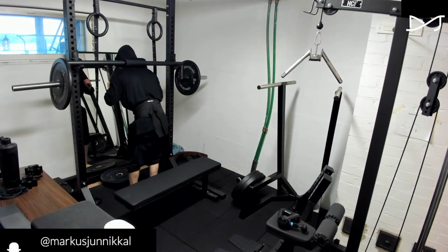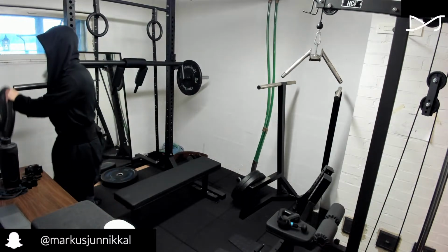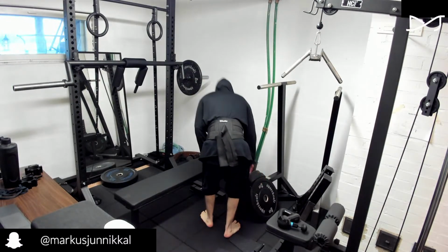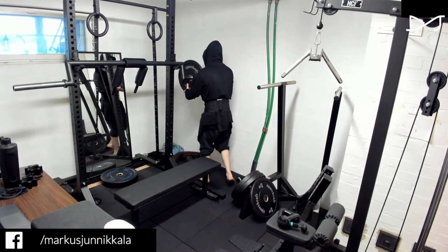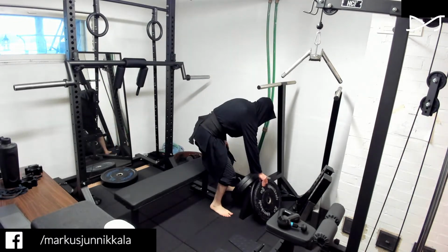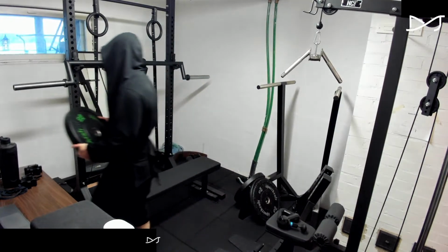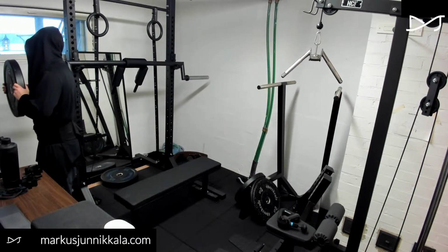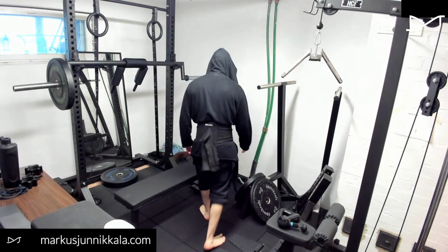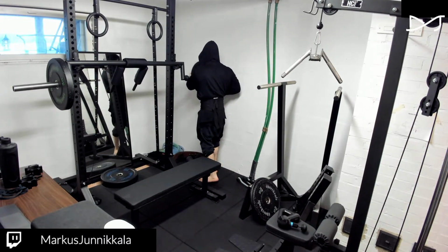Alright, so basically the idea is to keep the tension throughout the entire movement. So I'm not actually sitting on the bench. I'm just touching the bench with my butt and initiating the upwards movement throughout. So I'm trying to keep the tension pretty much equal throughout. So in a way, these are kind of like tempo squats because,